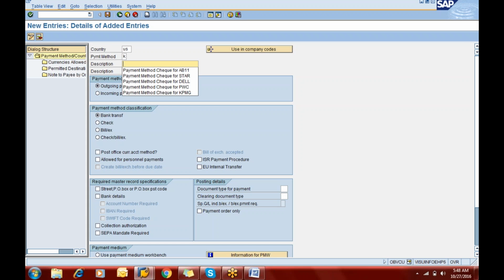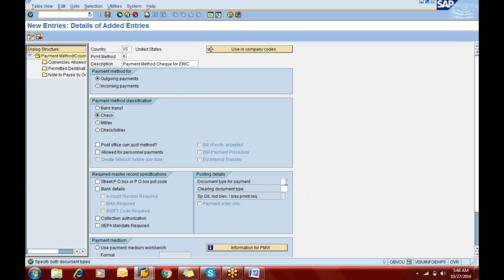And here we can just give the description that this is the payment method we want, and the payment method is checked. We want it for our company code Ericsson. Now here it will be applicable for the outgoing payment. So this payment method would be for the outgoing payments. And here it is saying the payment method classification. So here we can just select the check, and if we make the payment, which document type do we get? The document type KZ. So the same document type you can mention, clearing document type you can mention as KZ, and then go back,